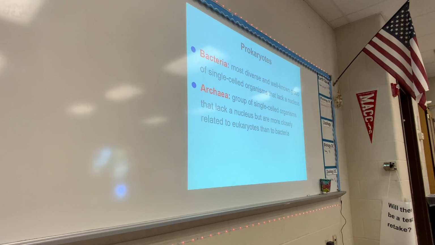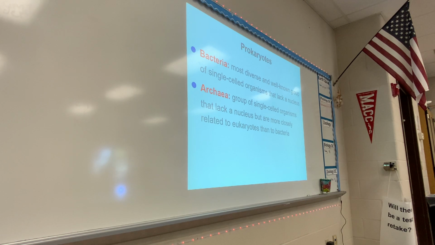They're like bacteria that are really in hot places. Like if you go to a hot springs, these are the type of bacteria that you would find there. Or a really salty place. Or a really acidic place. They like extreme places. Those are the type of bacteria you're going to find in archaic groups. The other bacteria, they're just like the regular kind.